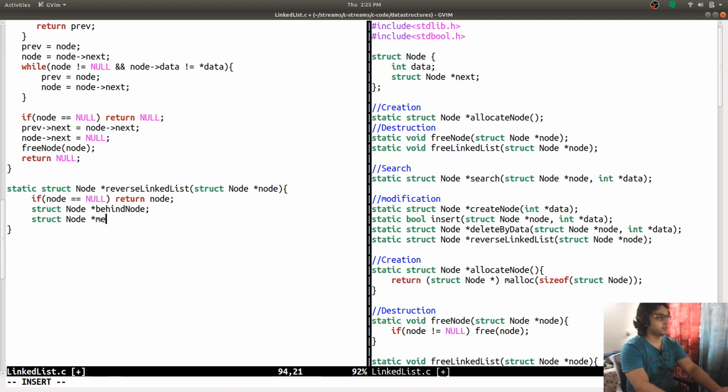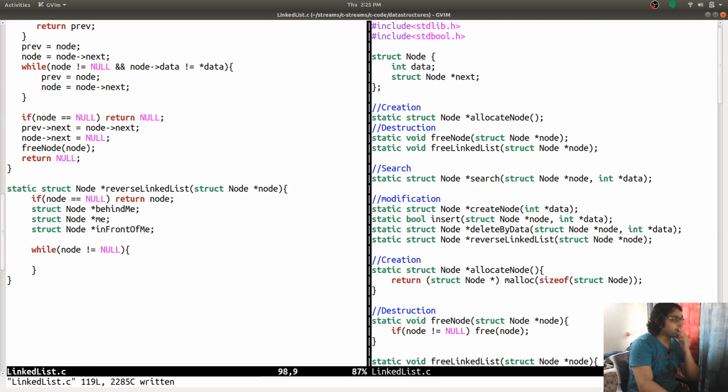I'm going to say that is me, behind me, and struct in front of me. They are the three nodes that we are going to use, and we are going to say that while node is not equal to null, we are going to keep operating.